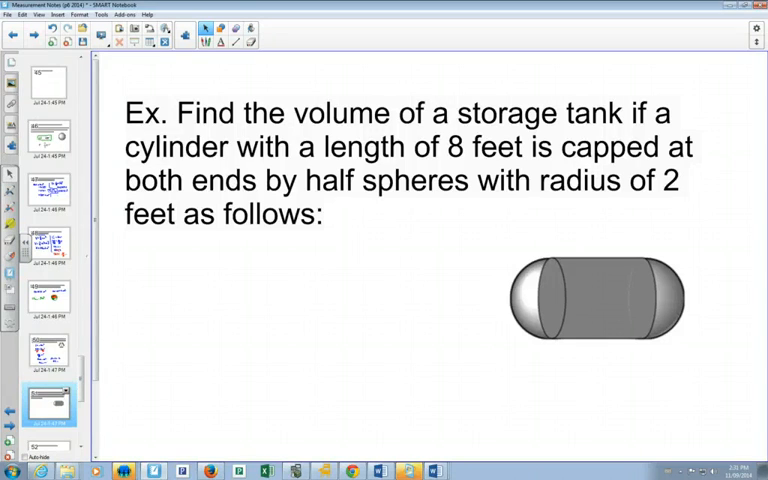So here we got a picture of a storage tank. Its length is 8 feet and is capped at both ends by half spheres with a radius of 2 feet, as follows. Okay? So the first thing I want, when it says it has a length of 8 feet, how do we say length? Is the length,